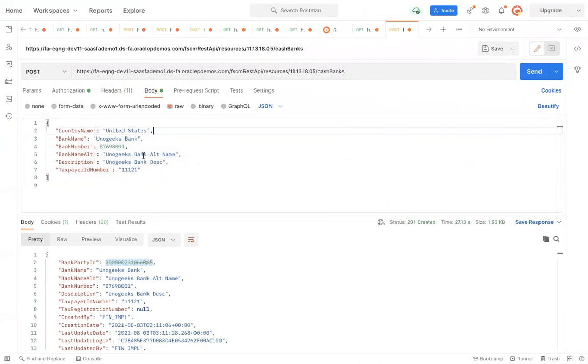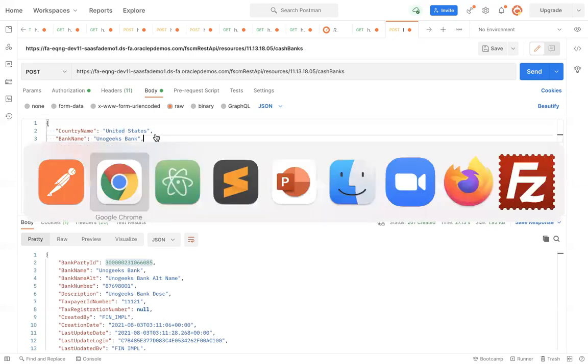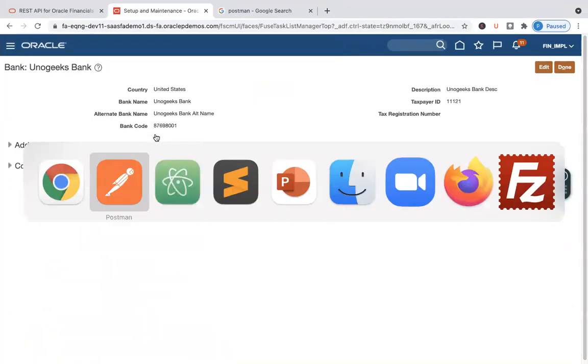Okay, and this is basically a JSON payload. A JSON payload goes into the curly braces. You have the attribute in quotes, colon, and you pass in the value in quotes again. And if you pass multiple values, you have to separate them by commas. Okay, and if you go back,